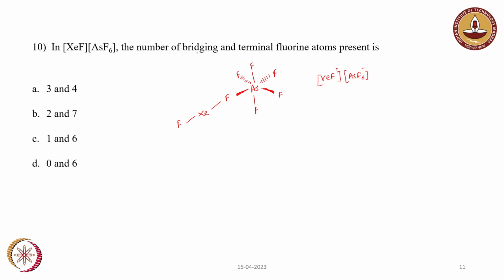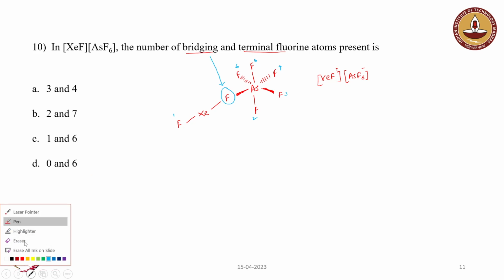We are asked to find the number of bridging and terminal fluorine. Only one bridging is present, and terminal fluorines are 1, 2, 3, 4, 5 and 6. So 1 bridging and 6 terminal fluorine are present. So option C is the answer,